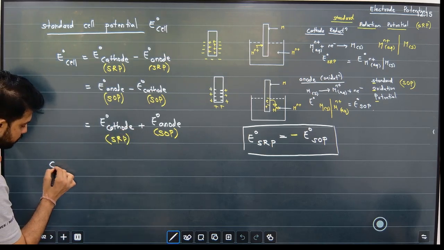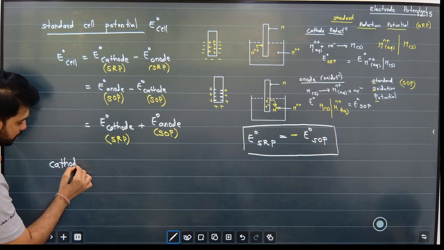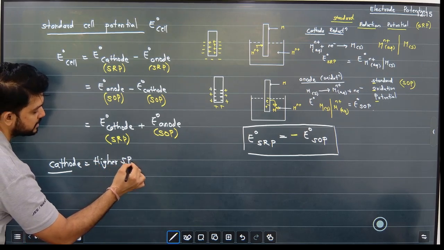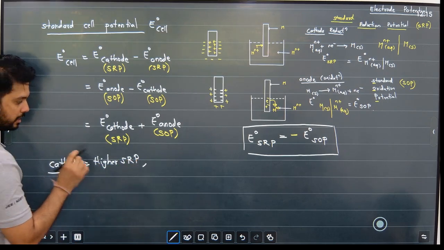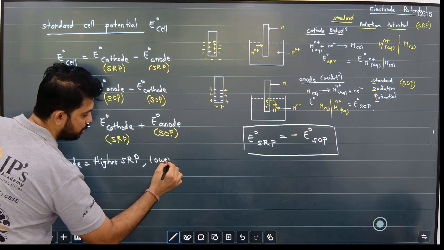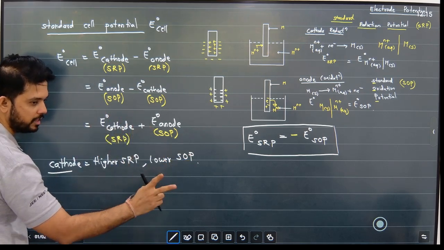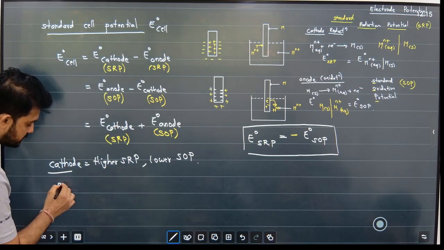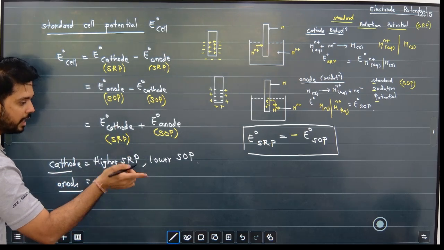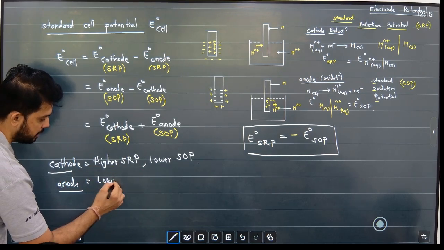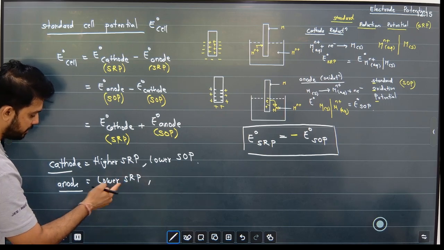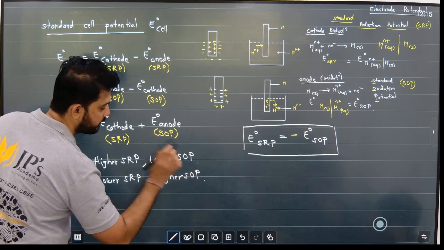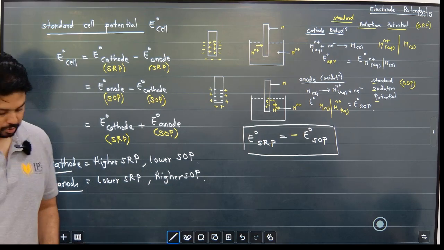Next, छोटा सा एक नोट लिखते हैं. The cathode will always have higher SRP. तो जिसकी भी SRP ज़्यादा है will always behave like the cathode, and जिसकी SRP कम है will behave like the anode, or has higher SOP. Did you people get that? Yes or no? So a new page, please write down